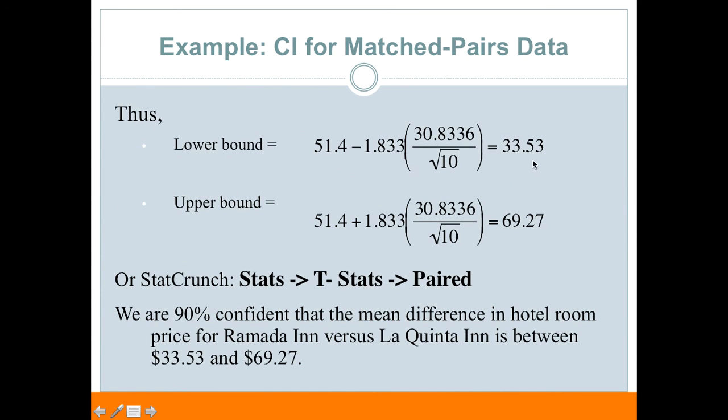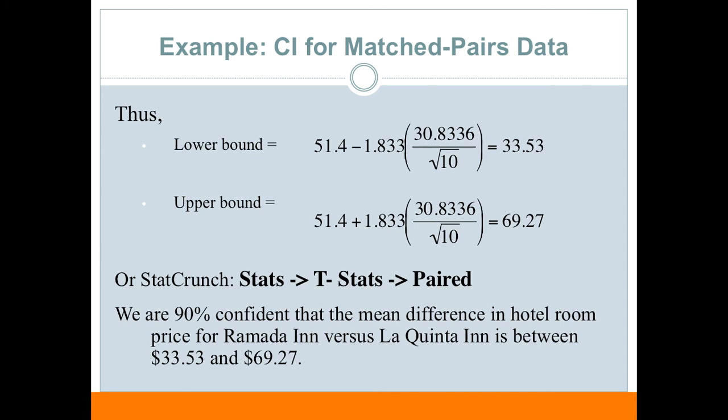So my lower bound: I take my d bar, which was 51.4, and I subtract 1.833, which was my critical value, multiplied by the standard deviation from my sample over the square root of n. Make sure you follow order of operations and do this multiplication and division first. I get $33.53 as my lower bound, and my upper bound, same thing but with a plus instead of a minus, ends up being